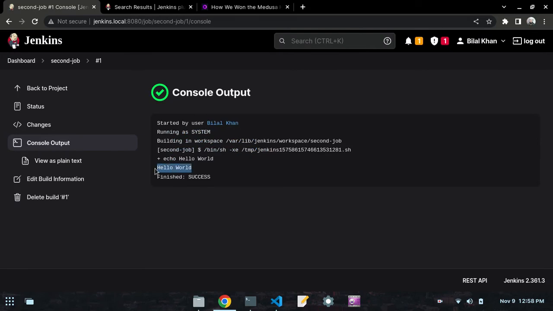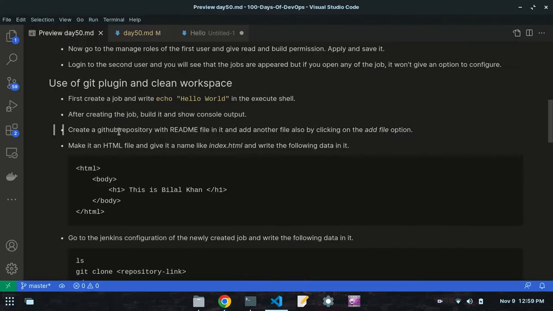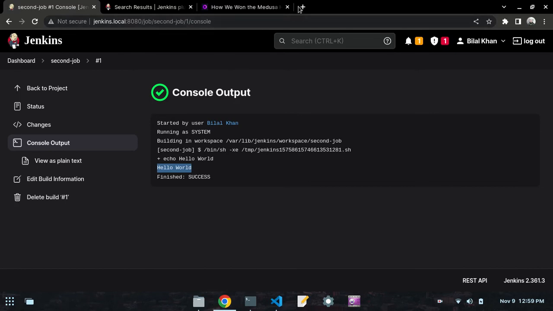Now you can see that it is successfully showing me the hello world option. Now what I need to do is to make some other changes in it. Create a GitHub repository with a readme file in it, and add another file also by clicking on the add file option. So let's go to GitHub,